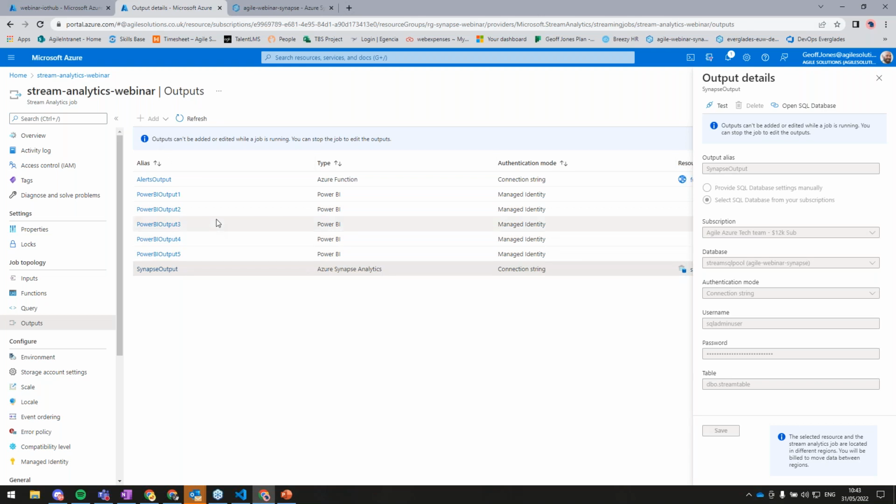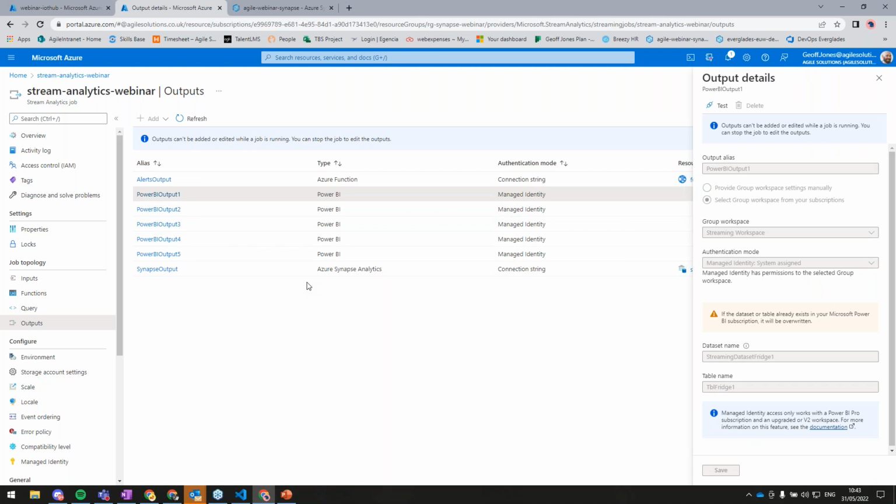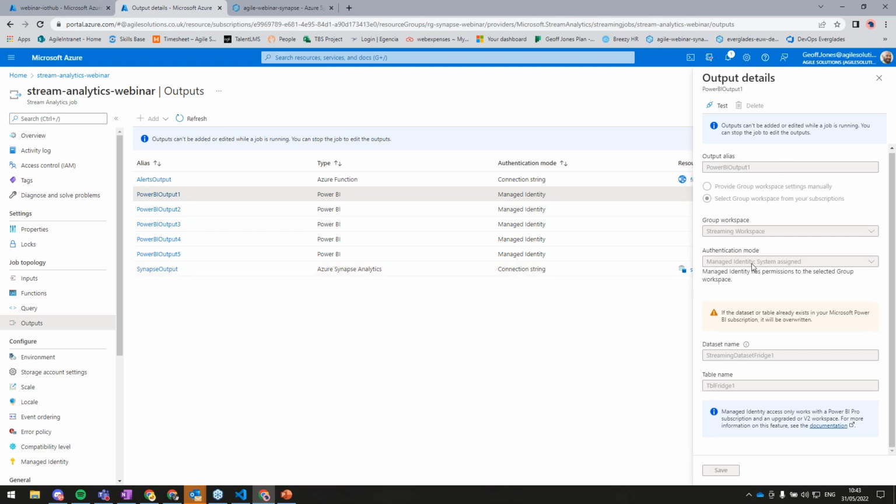The second place I want to send my data is to Power BI. Power BI allows us to set up these special datasets called streaming datasets, which Wendy will get into in a little minute. But the really powerful thing about Stream Analytics is that if we have a pre-configured workspace, when I create a new output in Stream Analytics, all I need to do is give it a name and then populate a table, because Power BI stores a 20,000 event long history for each one of these streaming outputs.